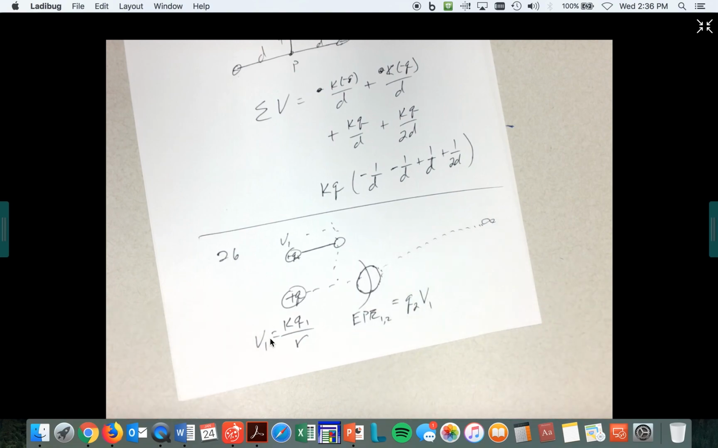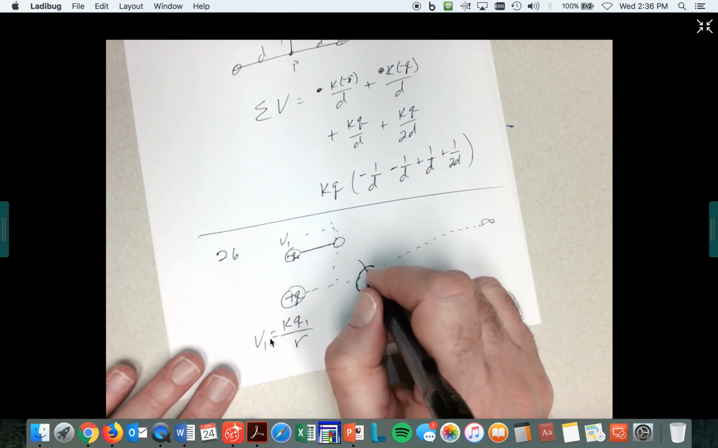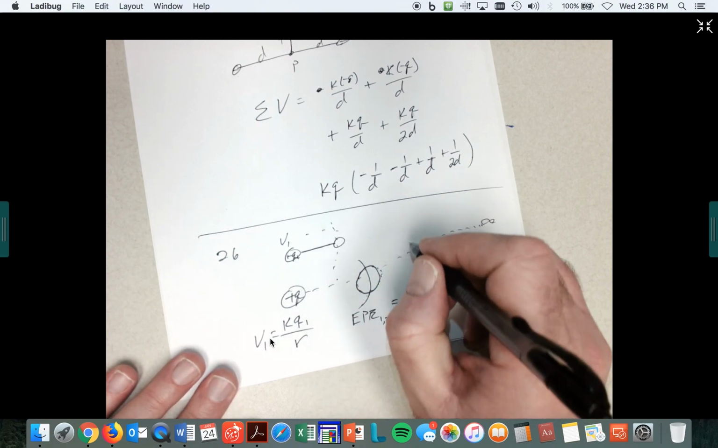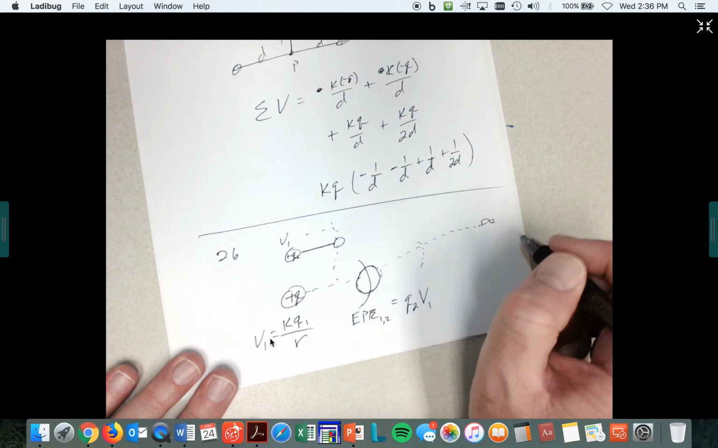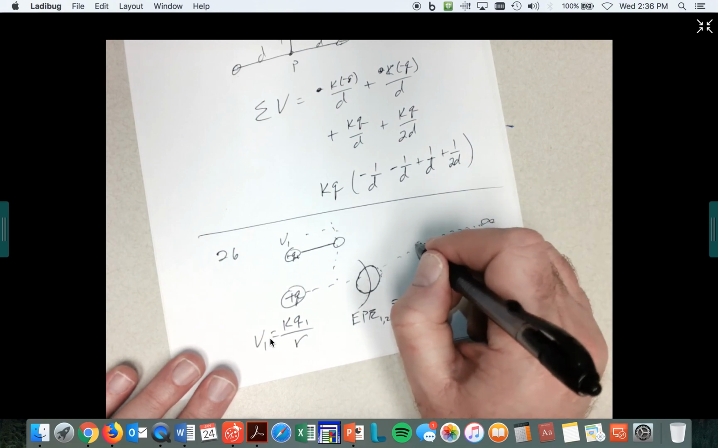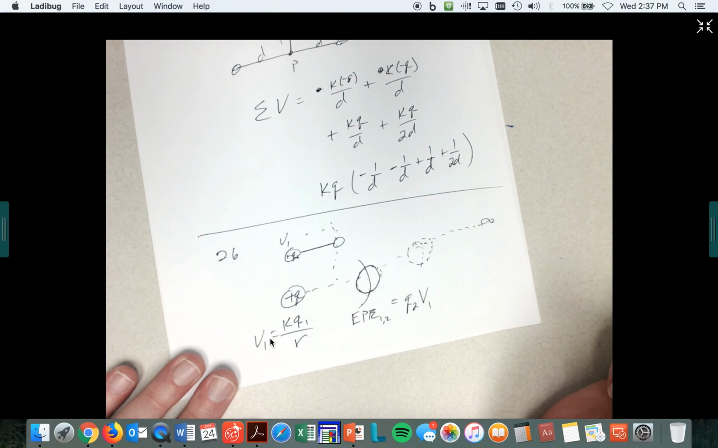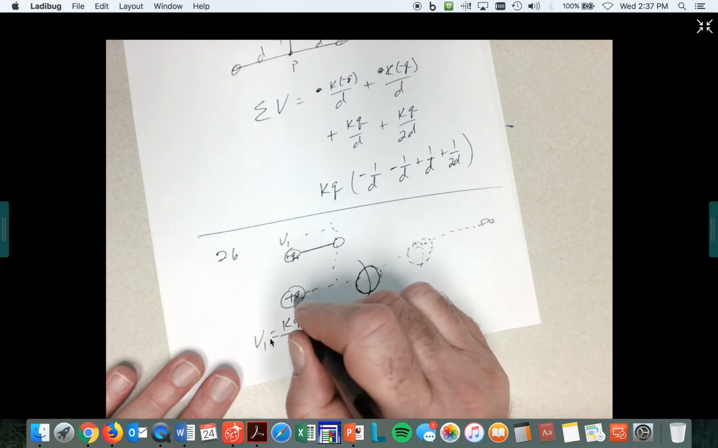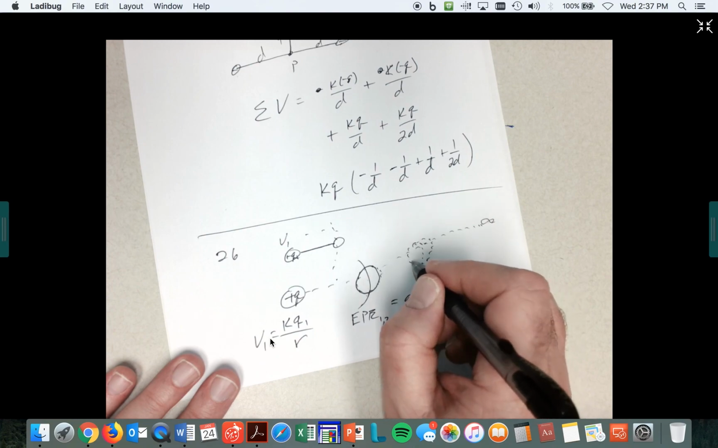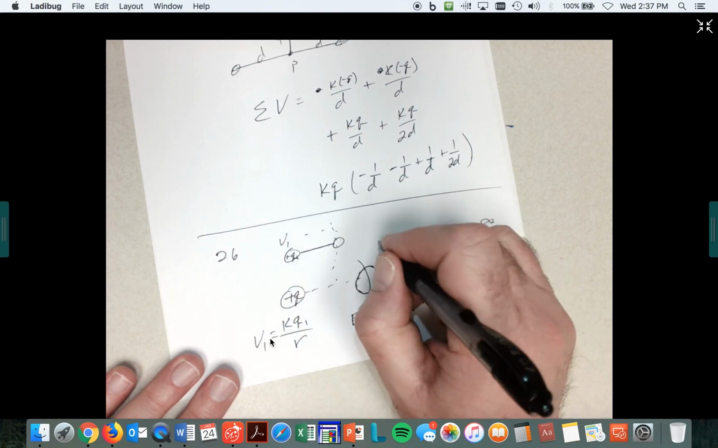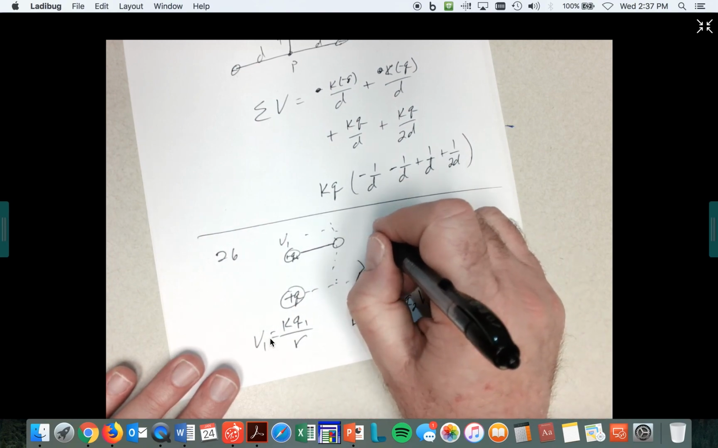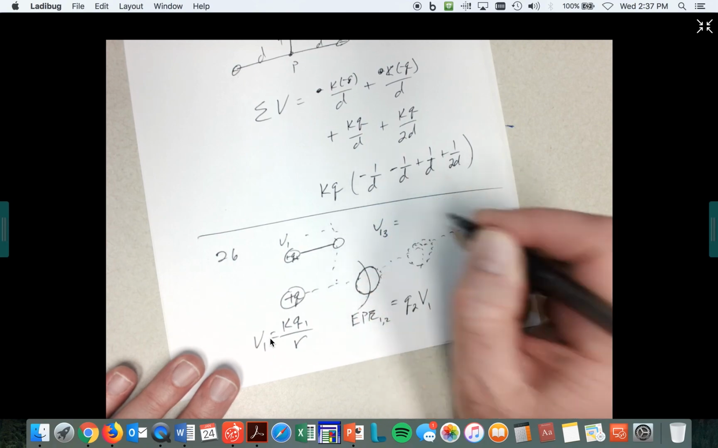Okay, and we'll just keep going. All right, so now we're going to bring another one out from infinity and put it here. That isn't hard, no big deal, but we have to be careful because now I've got V1 in position 3, which is going to